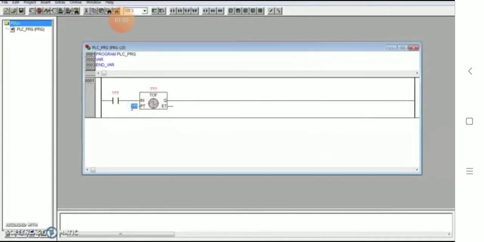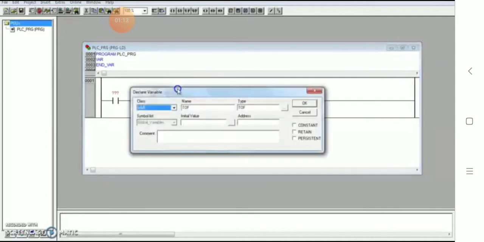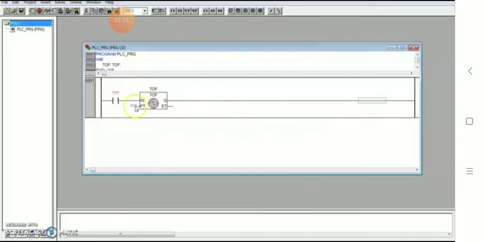Here you have to give after how many seconds your motor is to be turned off, either 10 seconds or 20 seconds. It depends on you. So give T off as it is, and keep the type T off as it is. Next, you have to give the time T hash and 20 seconds or 10 seconds. I go with 20 seconds. Here you have to give T out.